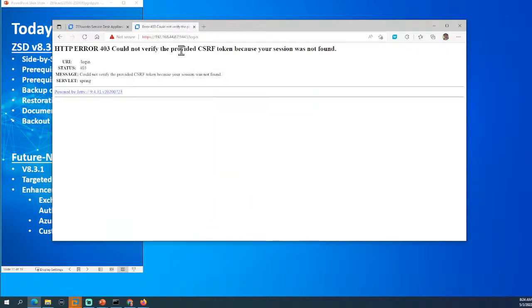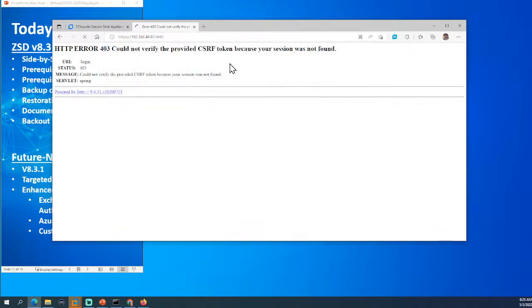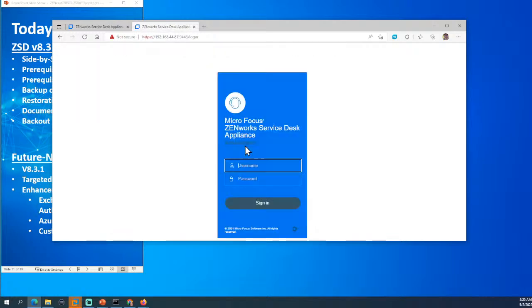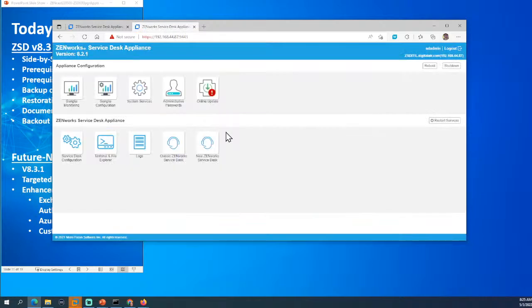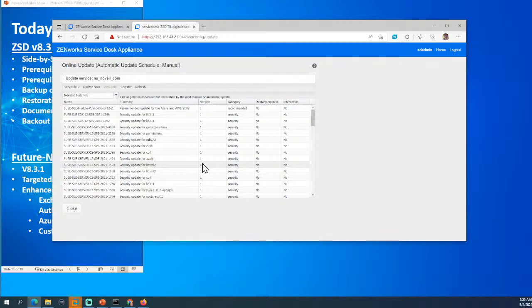And you'll see this is the same thing. Let's go back and try again. All right, let's give it another go. And you'll see this one's 8.2.1, right? It also has some online updates that are required. It's registered with the online update channel, and it says, hey, you got some patches. This is what you do quarterly. They submit these out. So make sure that you check this quarterly so you have the latest fixes for the different